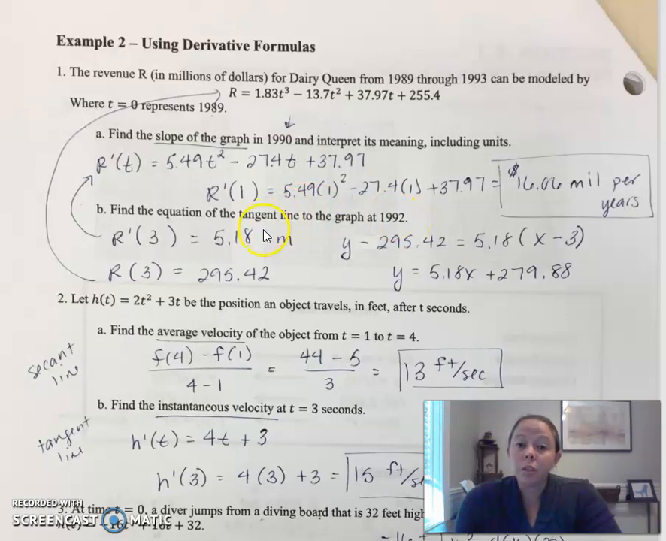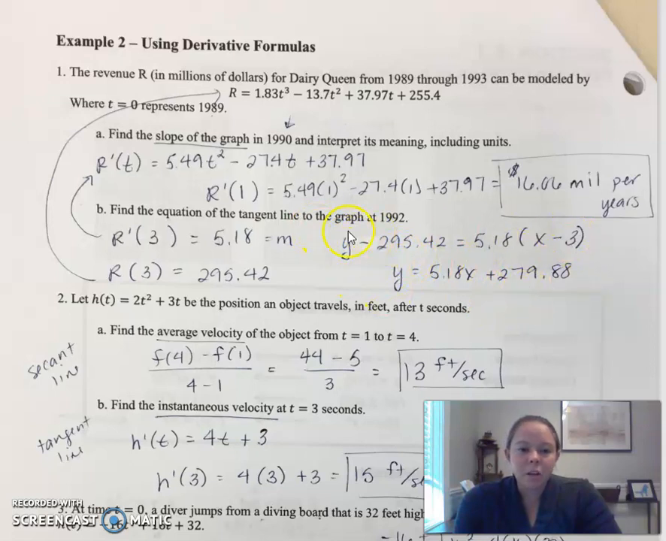Okay, so again, you need the slope and you need a point. So plug 3 into your derivative to get the slope of our tangent line. Plug 3 into the original function to get our ordered pair. Once you have those 2 things, then you can write your answer. Now,